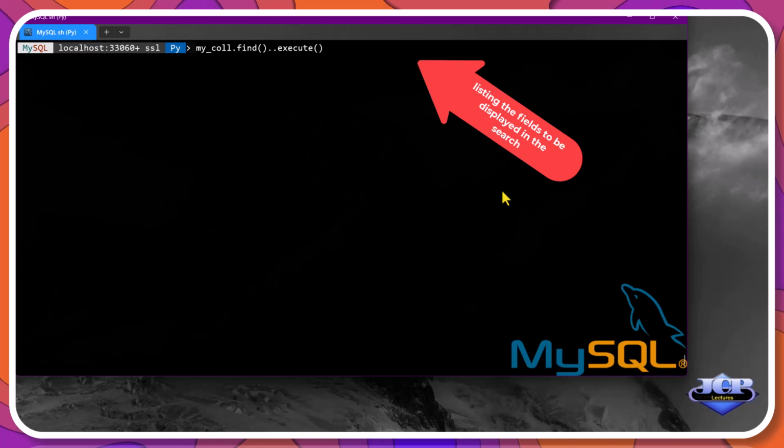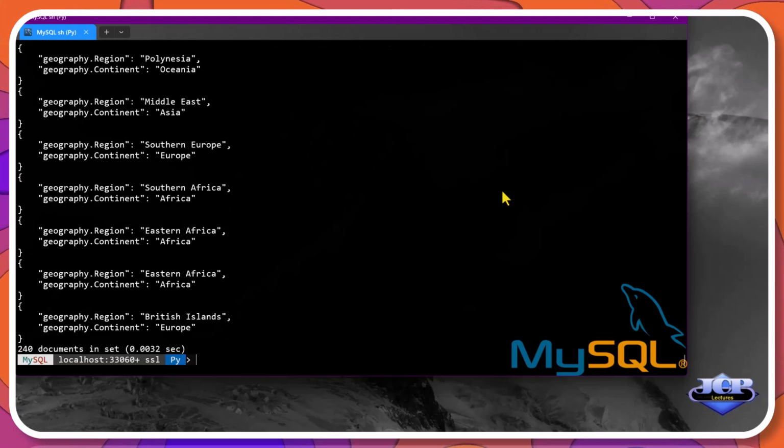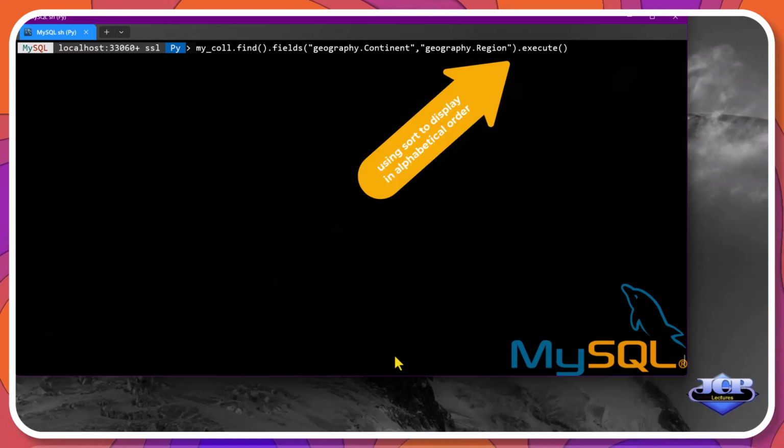Also, instead of writing a search condition, we can make a list of the fields or keys to be displayed. And we can sort the displayed documents according to some condition.